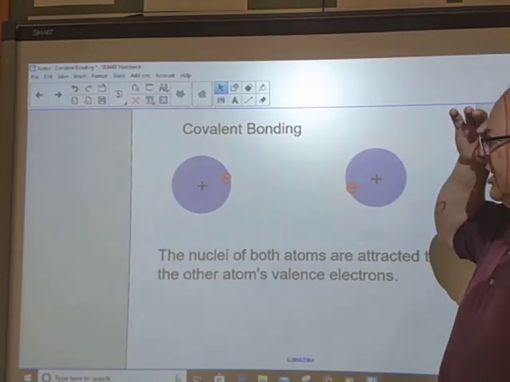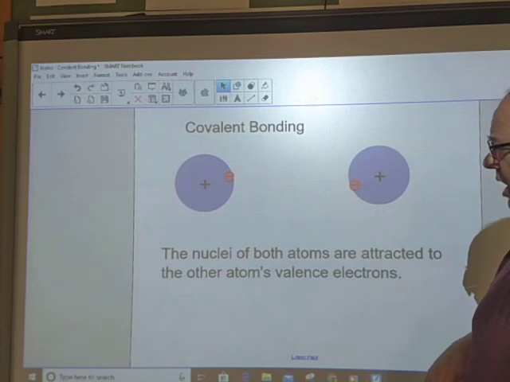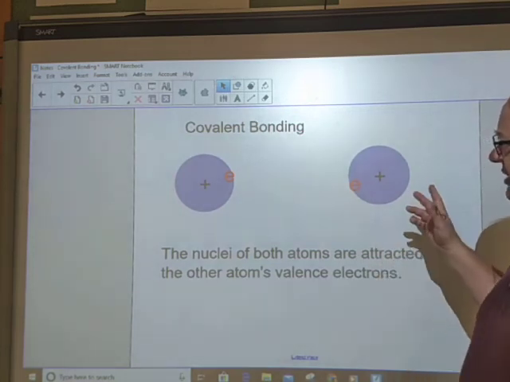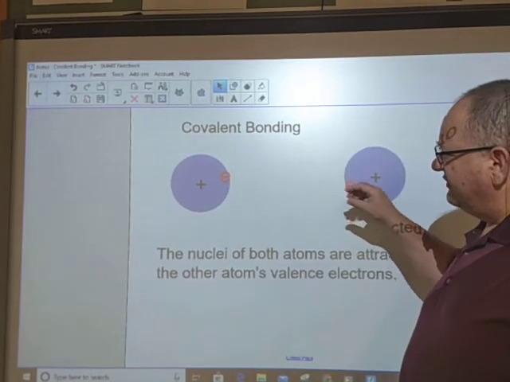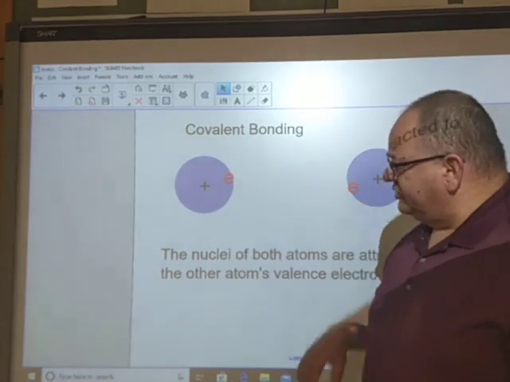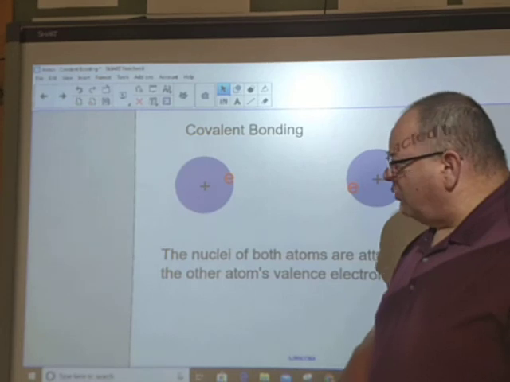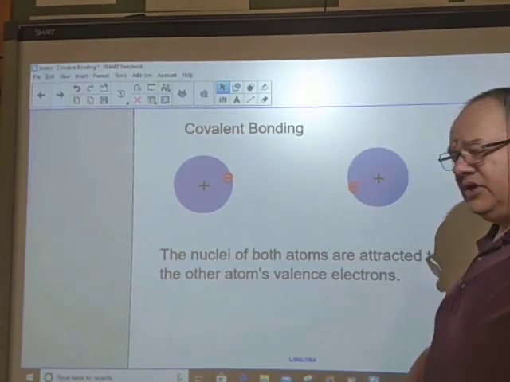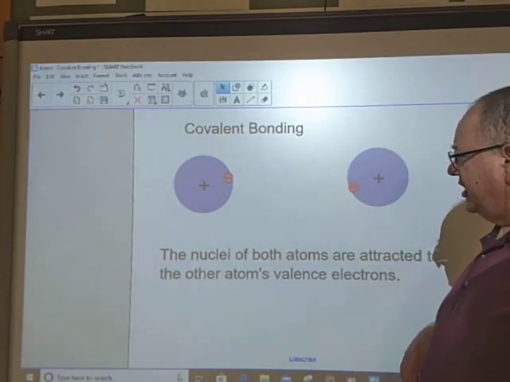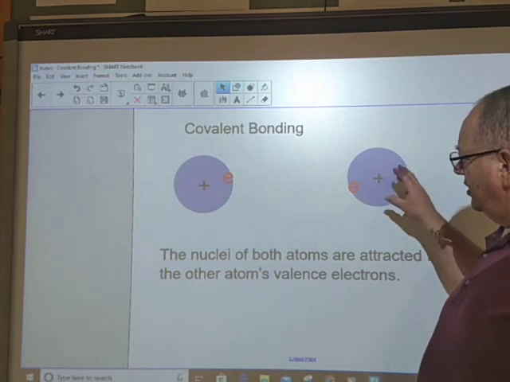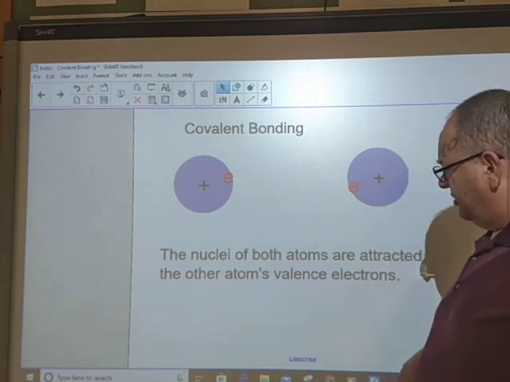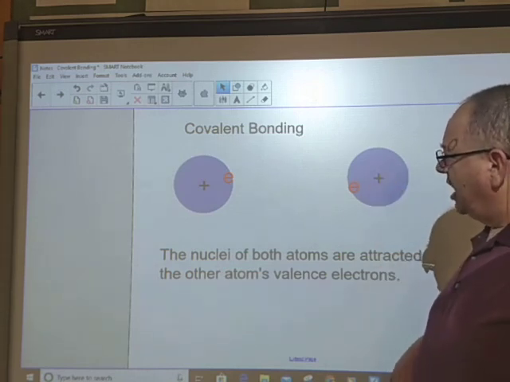Okay, we're almost done here for today. Let's imagine that this is a very simplified diagram of a hydrogen atom. It's got 1 proton in its nucleus, and it's got 1 electron in its electron cloud. And here's another hydrogen atom. It's got 1 proton in its nucleus, 1 electron in its electron cloud. Now,